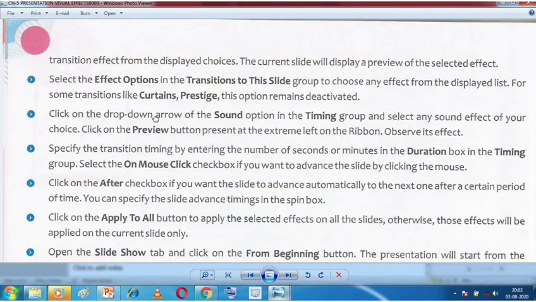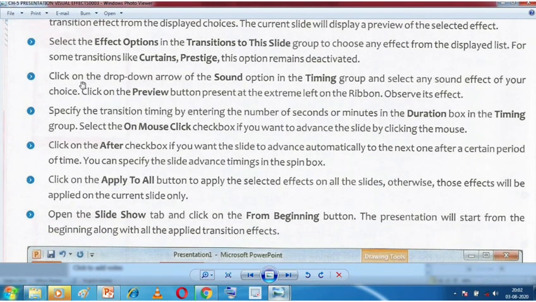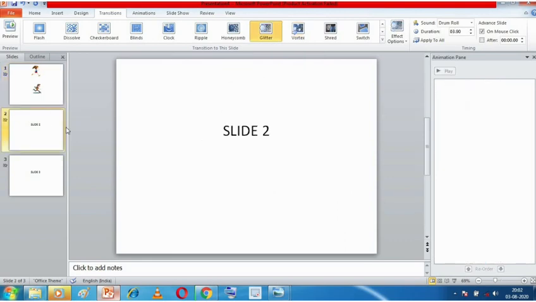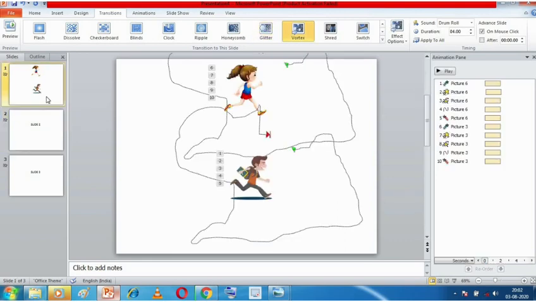Now you can also add sound to your transition. Click on the drop-down arrow of the Sound option in the Timing group and select any sound effect of your choice. Then click on the Preview button present at the extreme left on the ribbon and observe the effect. So what they are saying is that to the transitions you can also apply sound effects.